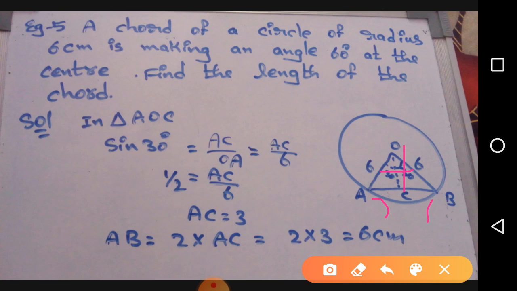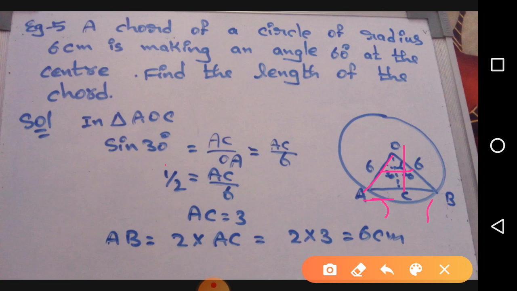As we have divided this, in the given triangle AOC we are taking the property of sine, because AO is the hypotenuse over here, so we can easily find AC. We need to find AC as the hypotenuse is given. So sine 30 equals AC by AO, or OA. Why OA? OA is the hypotenuse. Thus you can substitute the value of sine 30. Sine 30 is nothing but 1 by 2, and AC by 6.